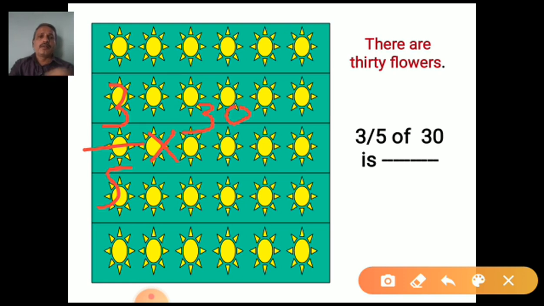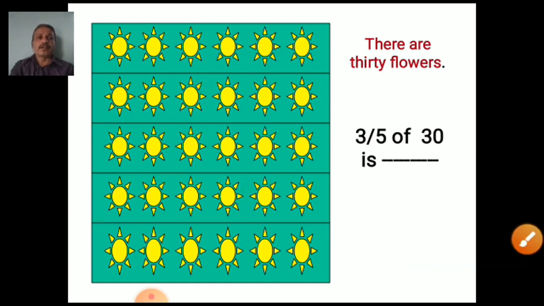Very easily, you can cut this number. 5 ones are 5, 5 sixes are 30, or you can write in place of 30, 6 into 5. Now this 5 cut, this 5 cut. What is remaining now on the numerator side? Actually here 1 we should write. So on the numerator side, 6 into 3. 6 threes are 18. So 18 is the answer, isn't it?